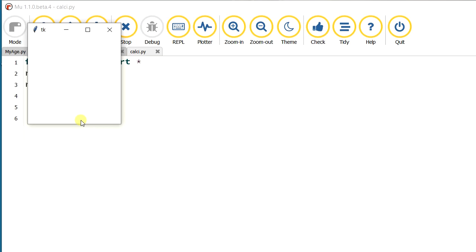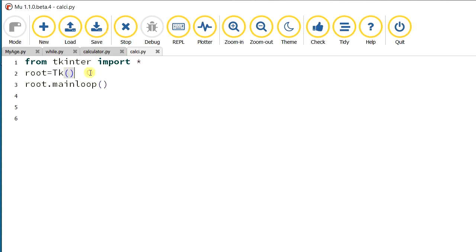Okay. Now what we have to do is add all the buttons, the display line, and all the operator buttons and everything. We are going to add them one by one. First, let's give a name to our board. To give the name, we use title, as we already know from other languages.